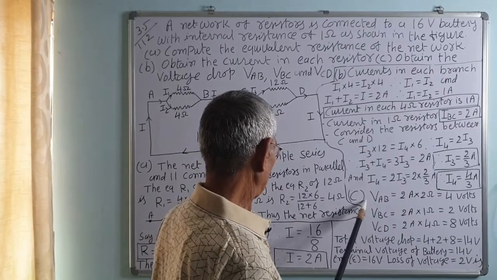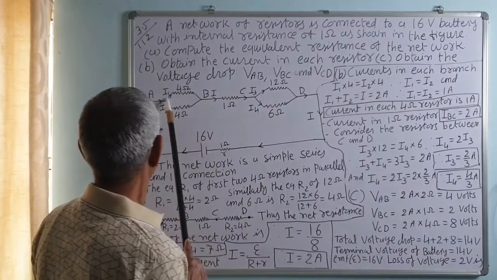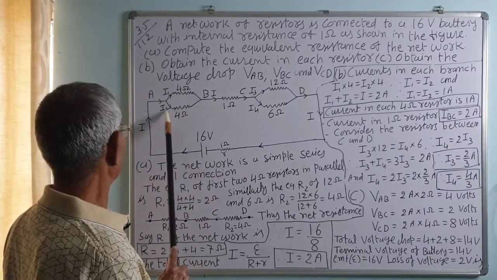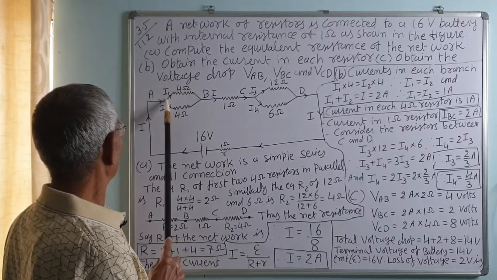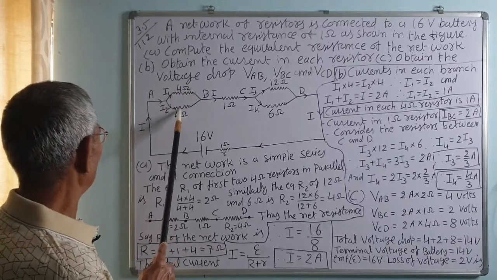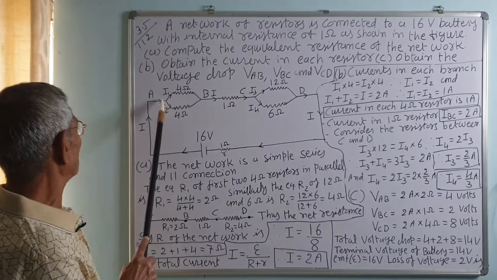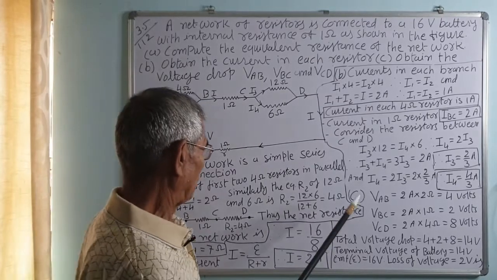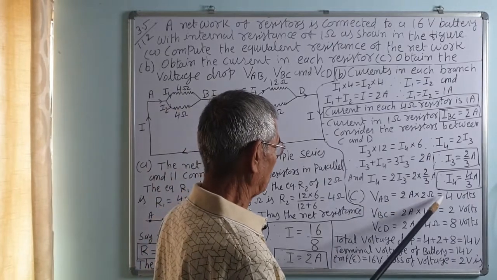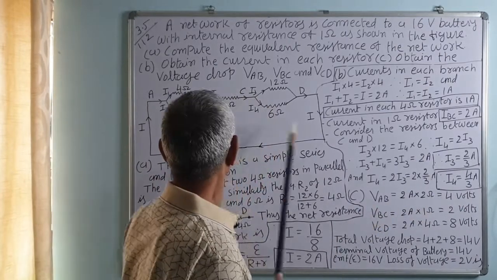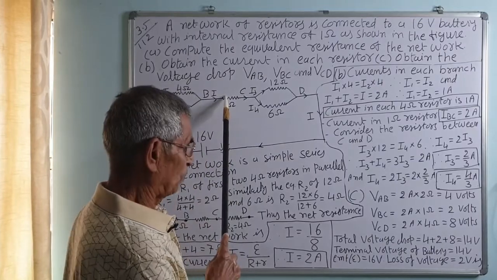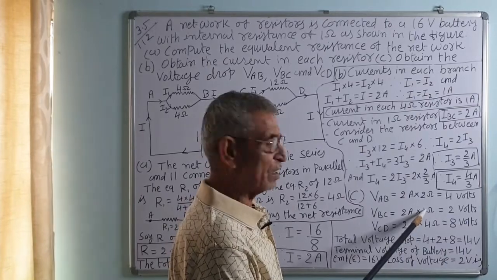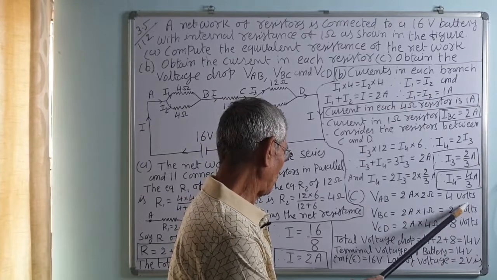Now, potential drop across VAB, the net resistance here is 2 ohms. So, 2 ohms into current. The potential across the 4 ohms and this 4 ohm is also the same, both are connected with the common points A and B, or you can calculate individually also, the answer will be the same. So, VAB is equal to 2 ampere into 2 ohm net resistance, that is 4 volt. Similarly, VBC is equal to 1 ohm into 2 ampere, that is 2 volt. VBC is equal to current into resistance, that is voltage drop across the resistance, 2 volt.